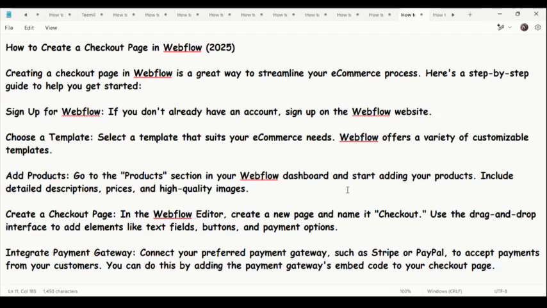So if you don't already have an account, you can simply sign up on Webflow, and if you have an account, just simply log into your account. Then after that, select the templates that suit your e-commerce needs. So Webflow offers a variety of customizable templates. So go to the product section in your Webflow dashboard and start adding your products, including details, descriptions, prices, and